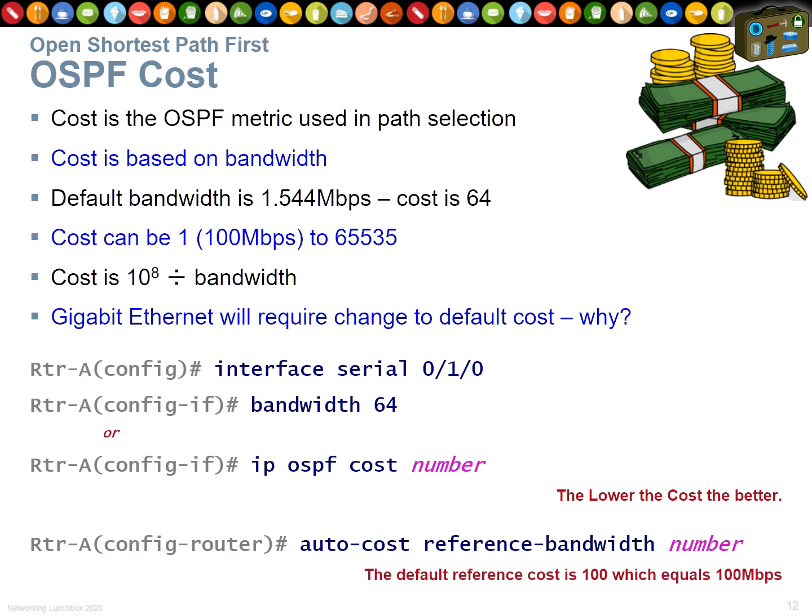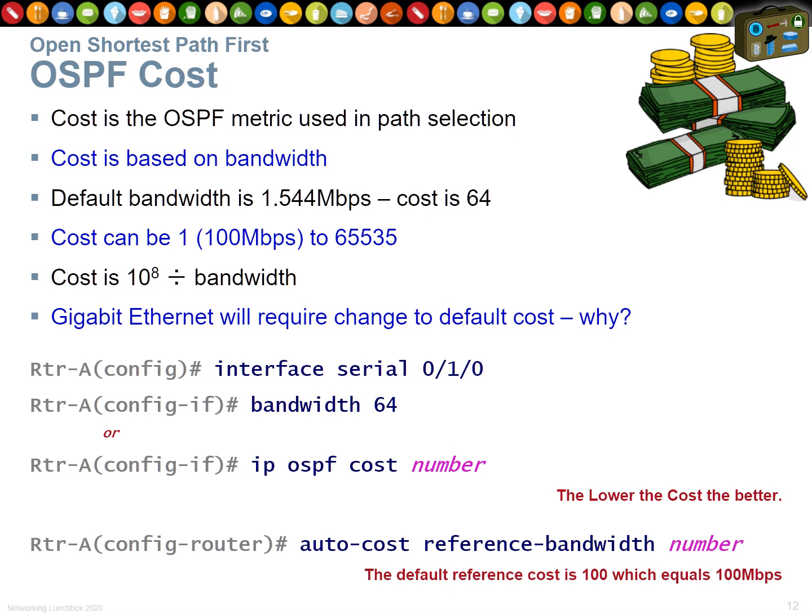You can manually set the cost, but you've got to do it everywhere because you can't have two routers thinking that the same link has a different cost. But an easier way to do it is just to move that mathematical calculation of 10 to the power of 8 divided by bandwidth, and add a few more zeros on the end. So rather than 10 to the power of 8 divided by bandwidth, make it 10 to the power of 16 divided by bandwidth. And therefore,